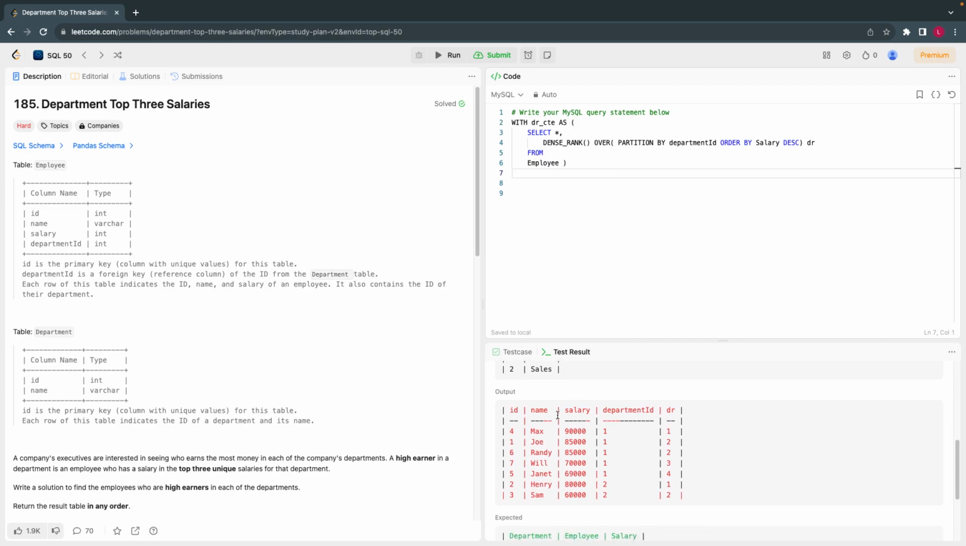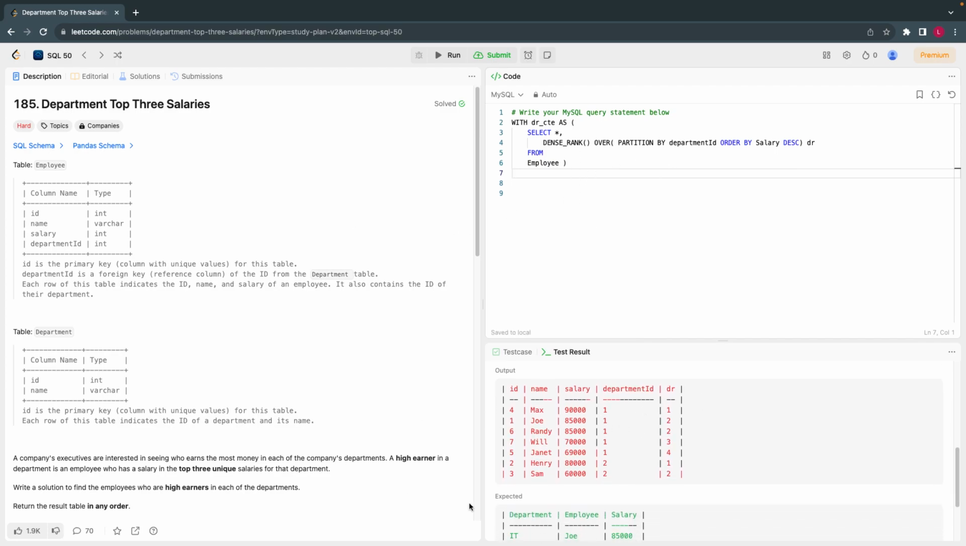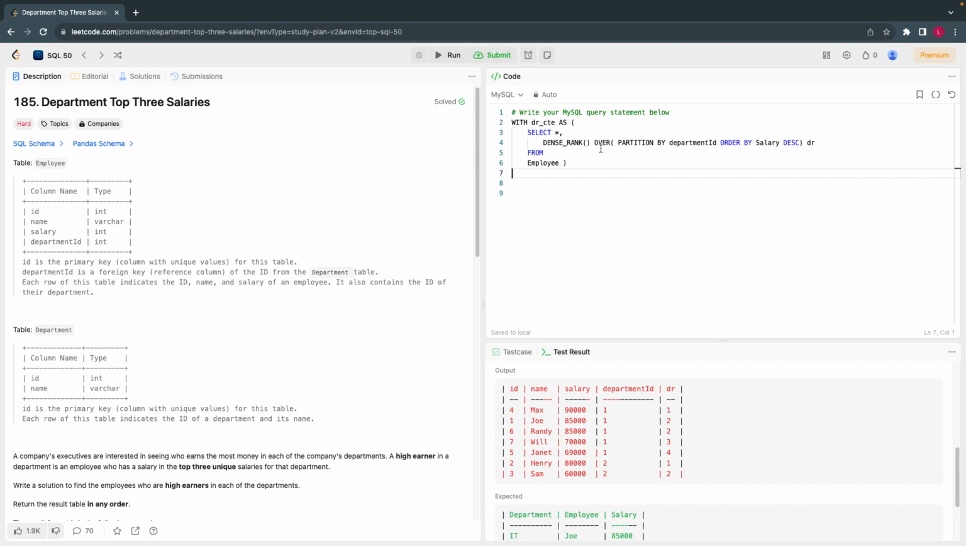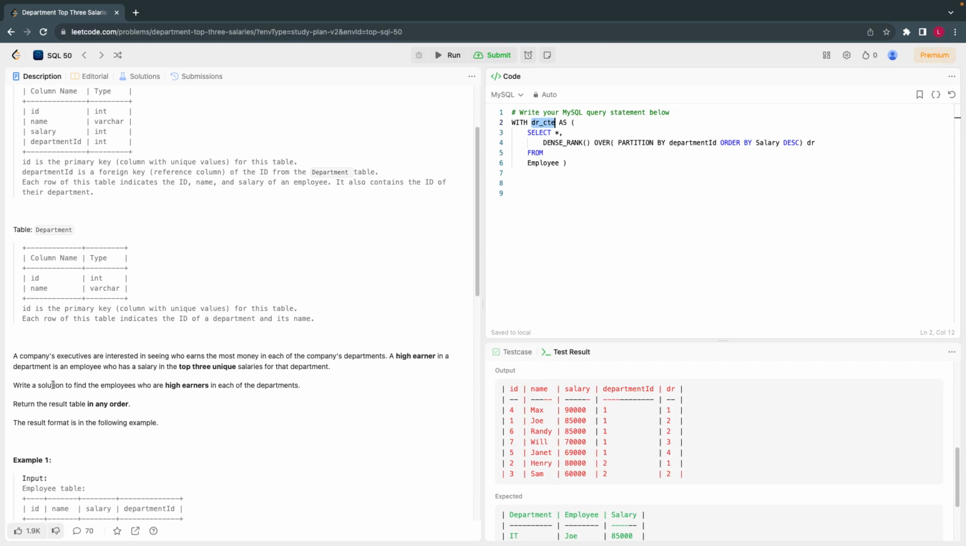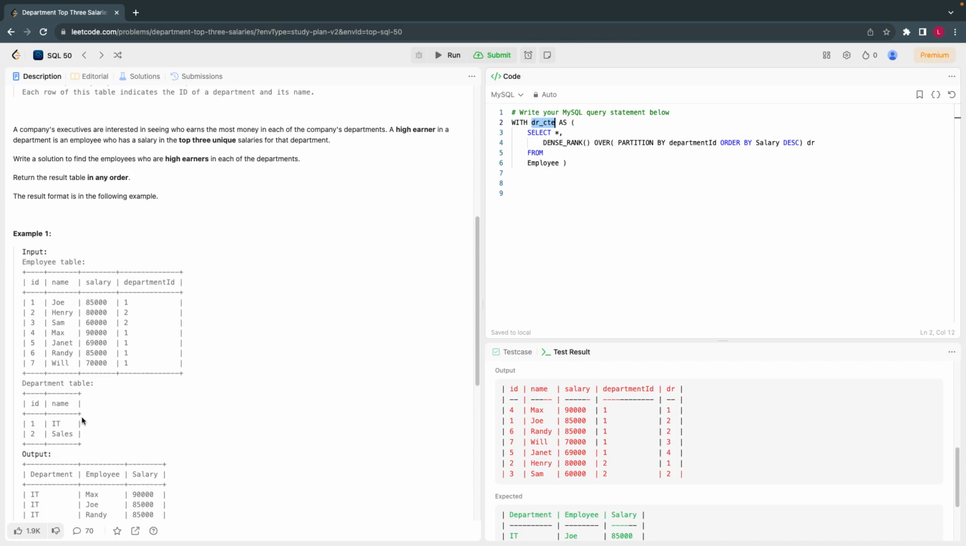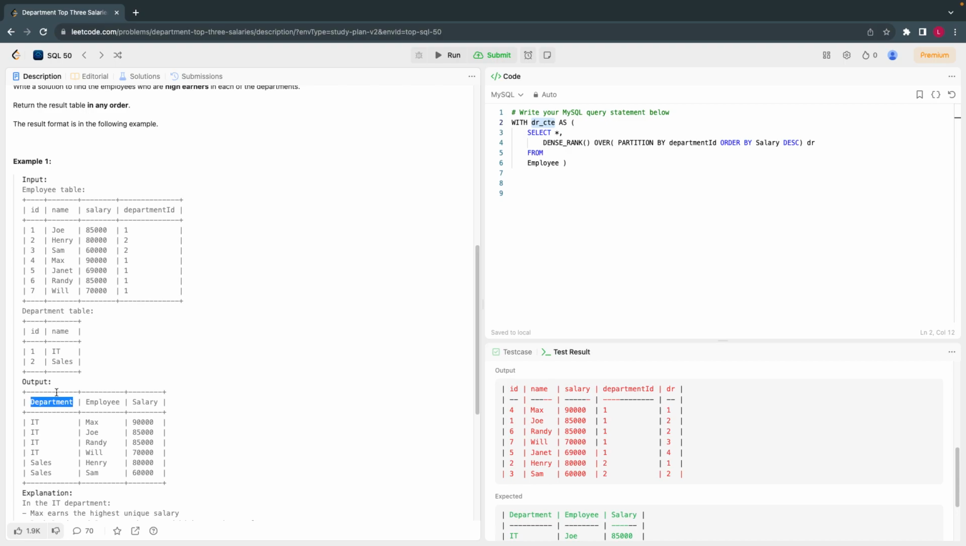Now see, I have all the information that is needed, but I need the department name, and so on. So what I'll do is join this table with the department table to get the required relevant information. They need department ID, department name. So what I'll do is I'll select